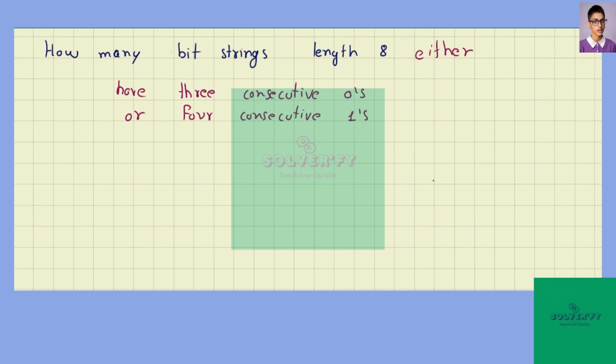Hello there. In this exercise we need to count how many bit strings of length 8 either have 3 consecutive zeros or 4 consecutive ones. So this could be kind of difficult to calculate, but let's do it. When you have the word "or", that means that you need to count two events in this case. Okay, so I'm going to label by the letter O